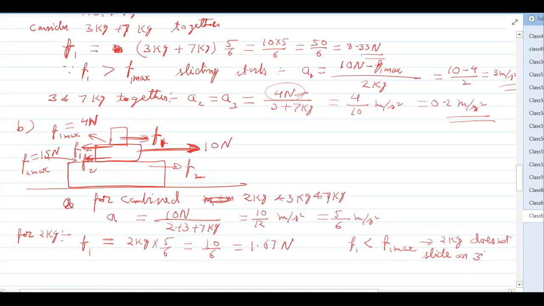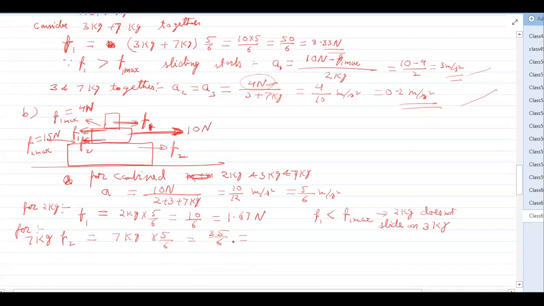On 3 kg. Okay. Now the lower one we will check. So F2. If you check F2, how much is it going to be? The 2 kg was there. So F2 is for 7 kg into 5 by 6. For 7 kg, okay, so how much will it be? 35 by 6. So how much is it? If we have 35 by 6, we can write